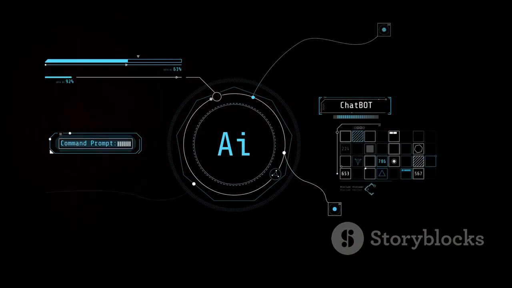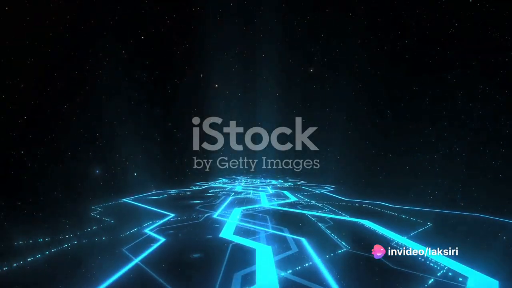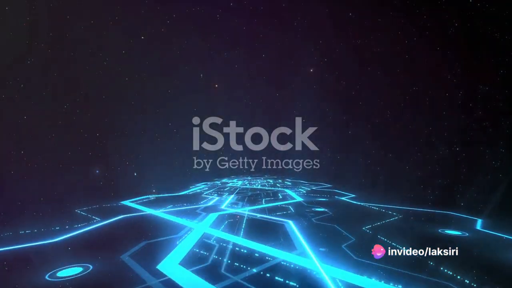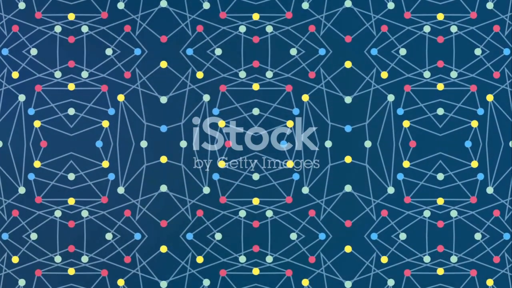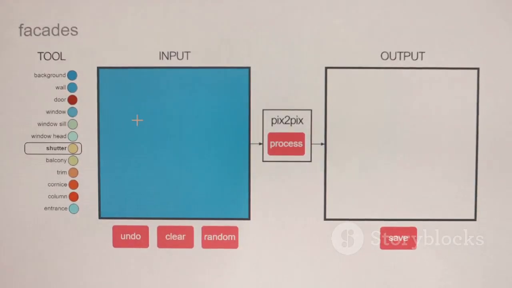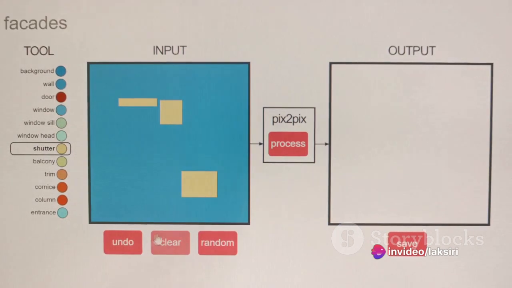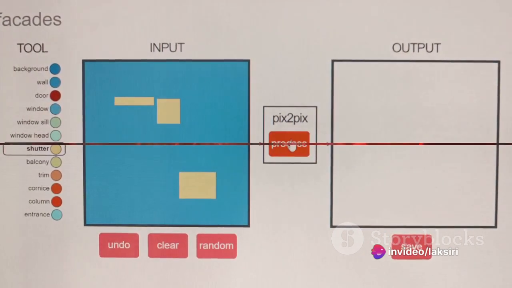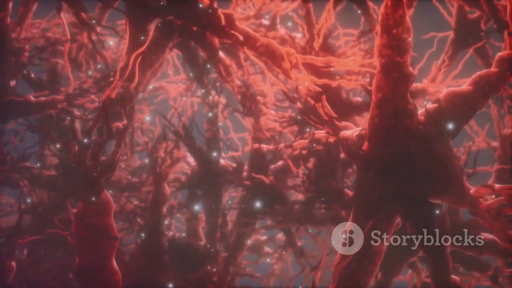Sounds simple? Well, there's more to it. These networks are composed of multiple layers, each layer designed to recognize increasingly complex patterns. The initial layers might only recognize simple patterns like lines or edges in an image. But as you go deeper, the network learns to recognize complex objects or features like faces in an image or sentiments in a sentence.